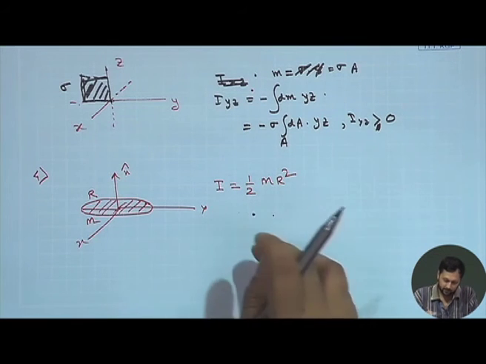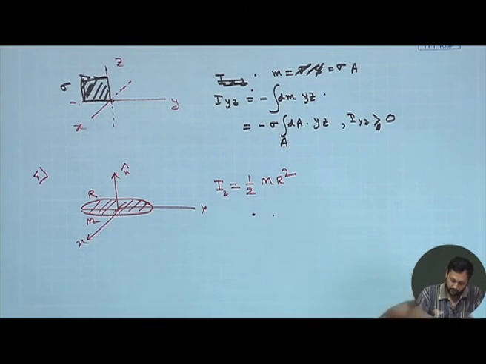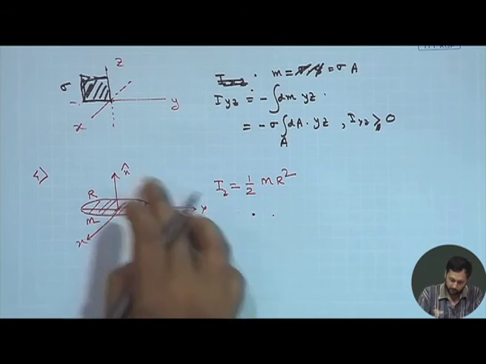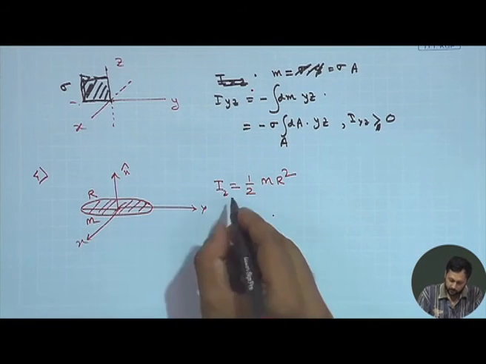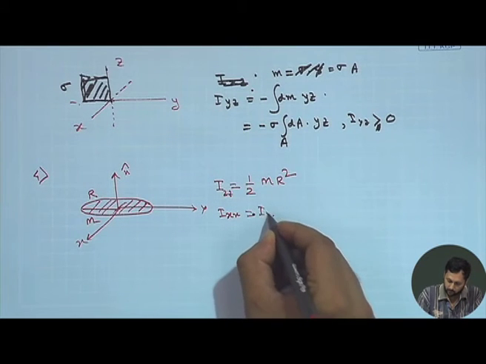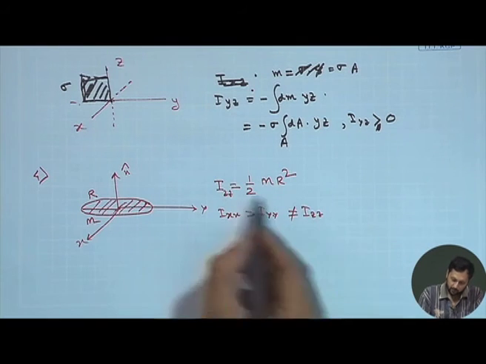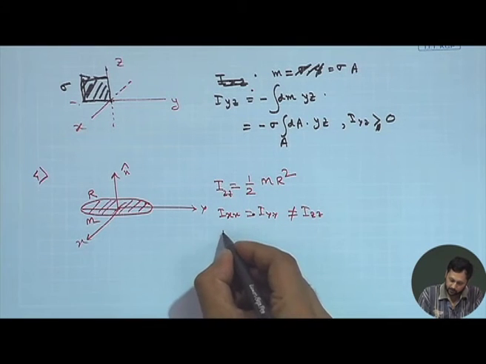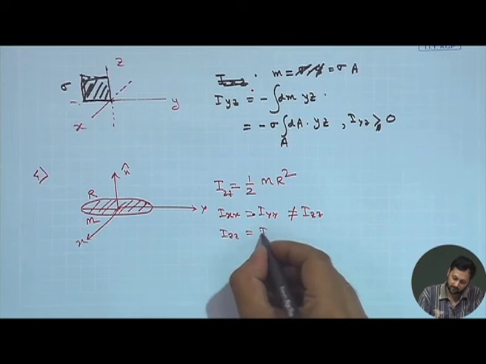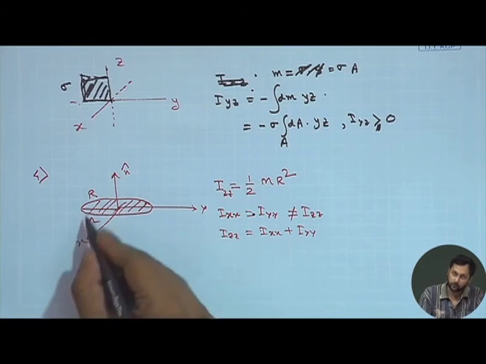What I can suggest is you can try one thing. You can try to calculate the Iz actually. So, you see that by the symmetry of the problem we discussed, this problem has a cylindrical symmetry. So, Ixx will be equal to Iyy, which will not be equal to Izz. But from the perpendicular axis theorem we know that Izz equal to Ixx plus Iyy, because it is a 2D mass distribution.